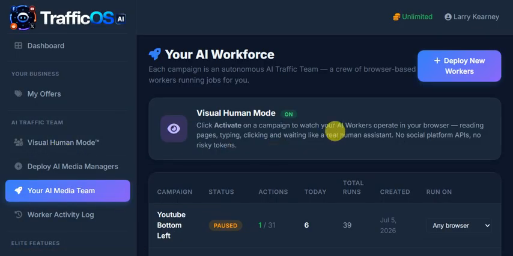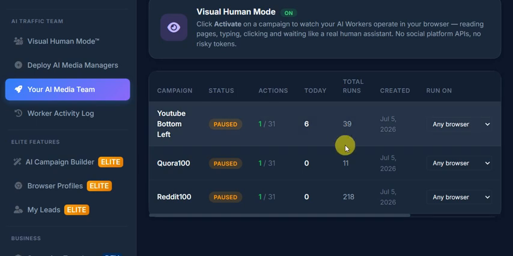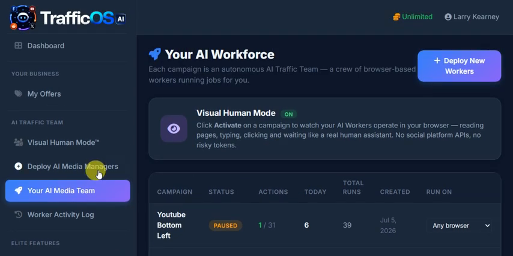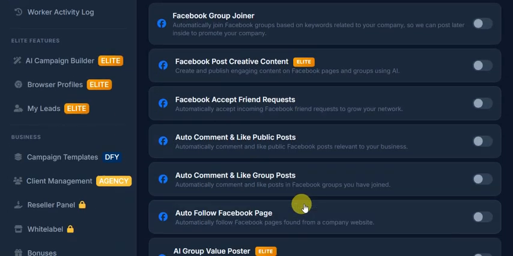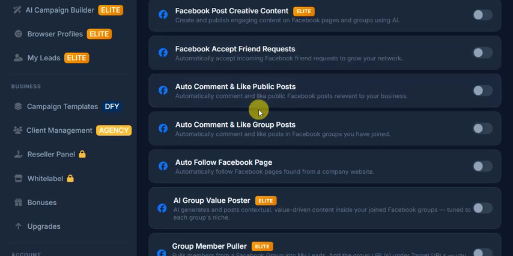Okay, so you have your teams. So far, I was running YouTube, Quora, and Reddit. I just started this yesterday, and it shows how many times it's run. And you can hire as many agents as you want. As I said before, the agents are basically a group of AI agents that handle all your posts, write your posts, and handle friend requests.